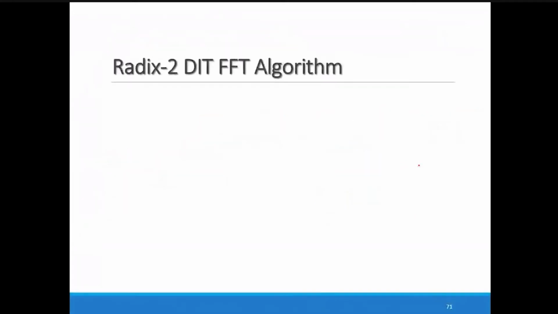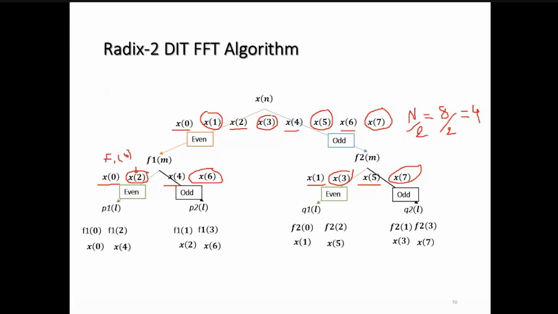So this is how we are applying the splitting, or we are doing the decimation in the FFT algorithm. Here n is equal to 8, so n by 2 gives 8 by 2, so 4 point. Out of this 8 point you are getting the even sequence and odd sequence, each having 4 points. Now again we divide this, so we are now getting n by 4, the 2-point sequence. So you are getting the even and odd terms, each sequence having 2 points. This way we apply the decimation in this algorithm.